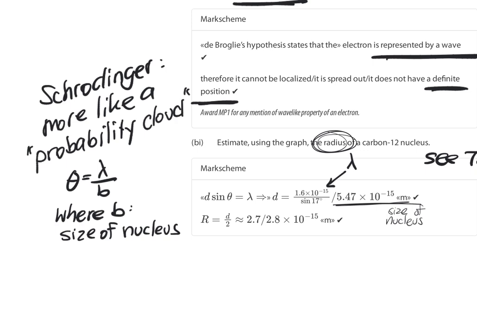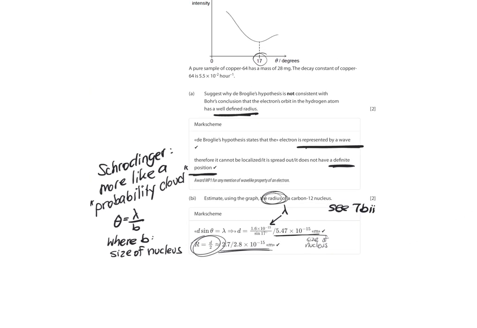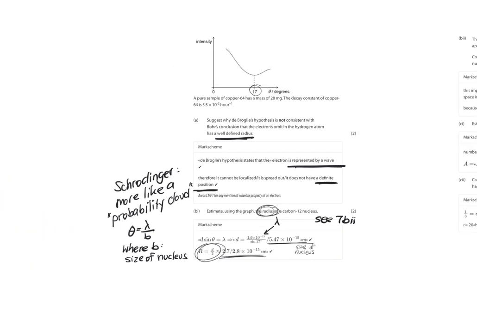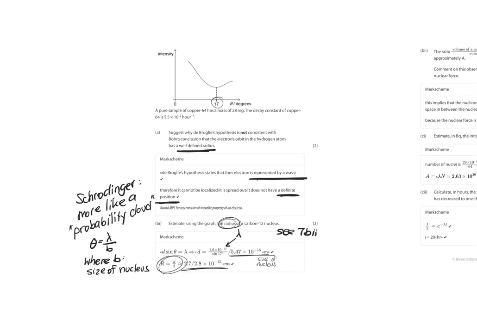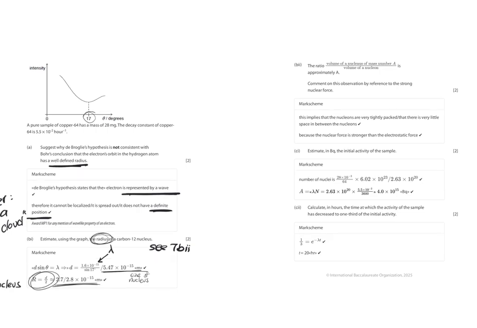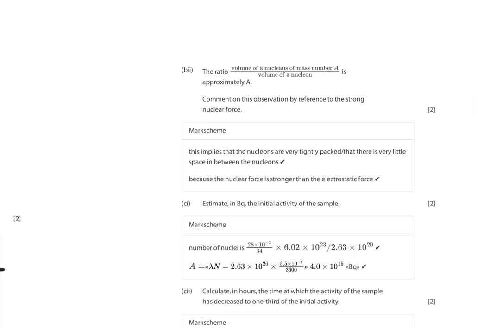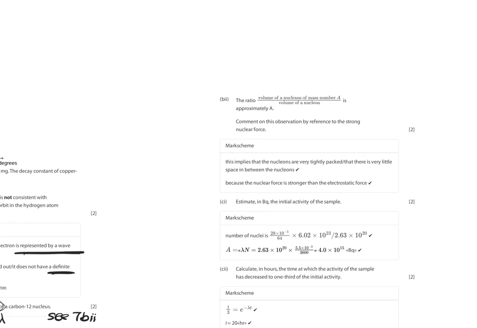But as for the radius, you want to divide that by 2, and you get 2.7 or 2.8 times 10 to the negative 15 meters. But again, I wouldn't call that E1 per se, but it is a good diffraction question that we've done before. But anyway, let's take a look at B double I, which does have to do with